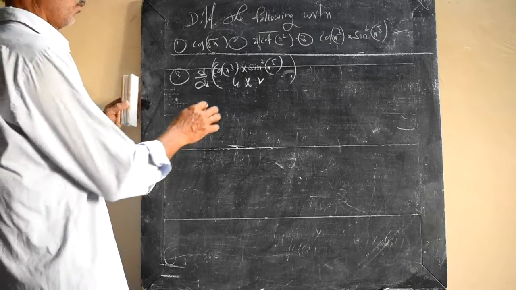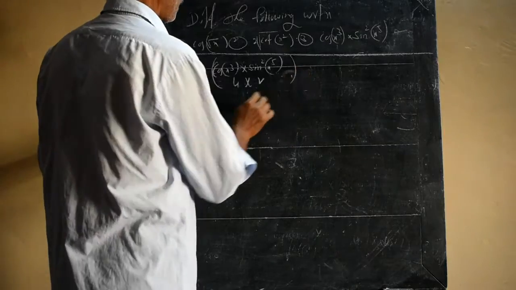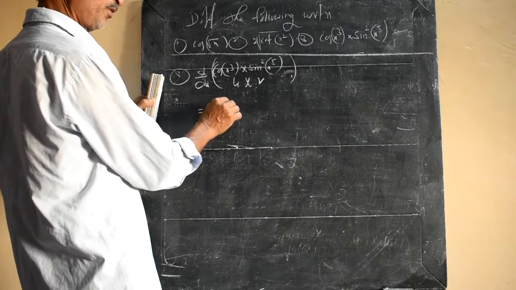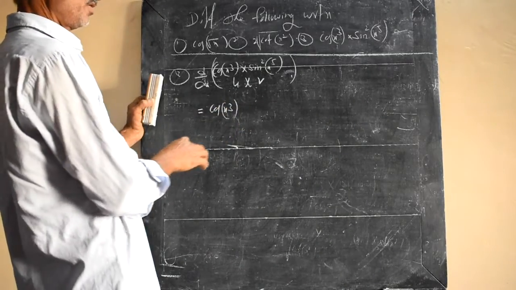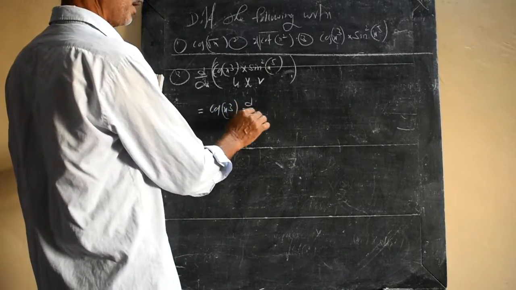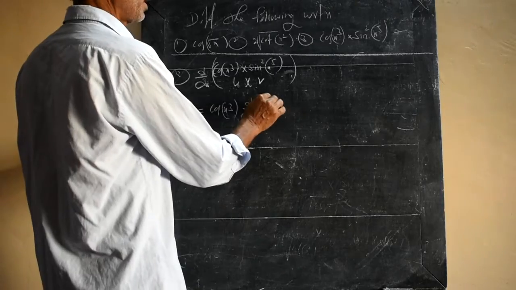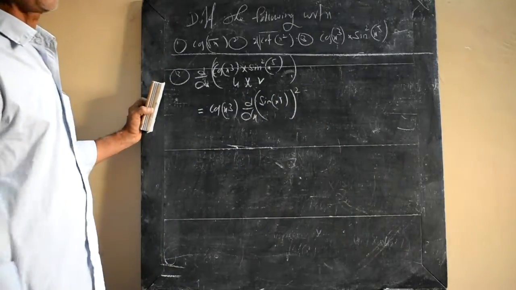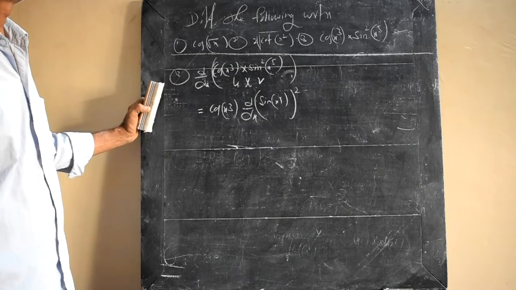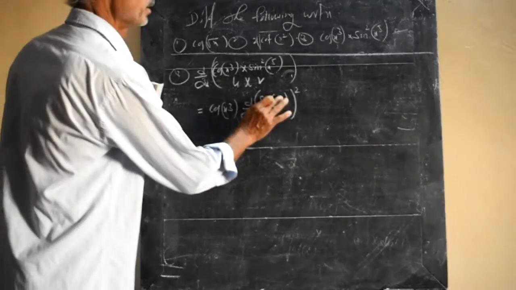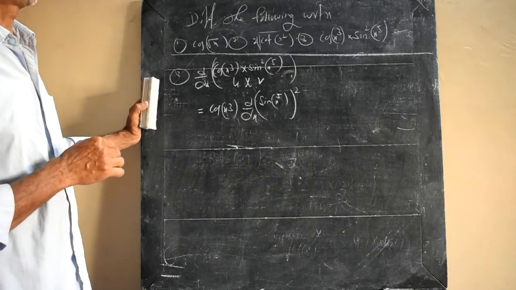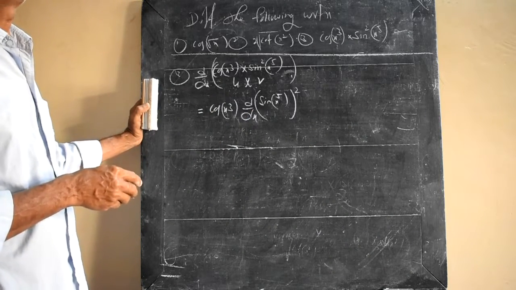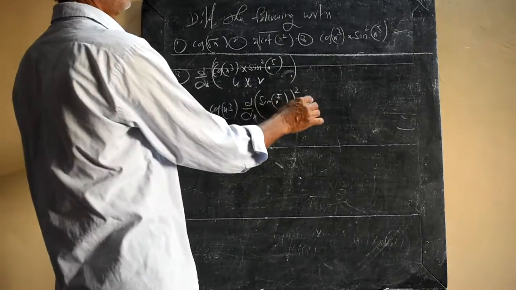Okay. Therefore, first of all, apply the product formula of differentiation. It is u outside. First of all, take the product formula differentiation into d by dx of sin x raised to 5 the whole square. Sin square theta is taken as sin theta the whole square. Okay, sin x raised to 5 the whole square. Sin square theta is nothing but sin theta the whole square. Therefore whole square is taken, plus